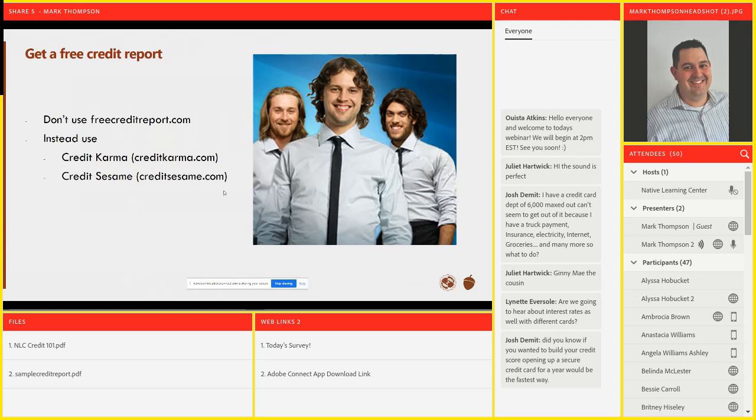Intuit also owns Mint, and there's a lot of information you can get by signing up for Mint.com as well. So Intuit is gigantic. And if you don't mind being in that giant conglomerate of financial information, signing up for Credit Karma is a great option.